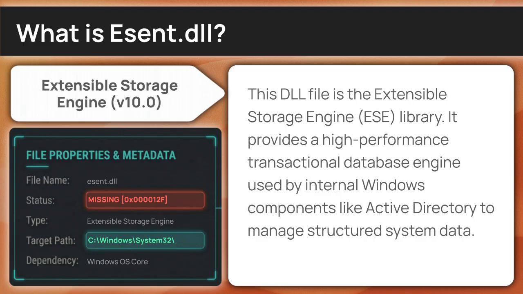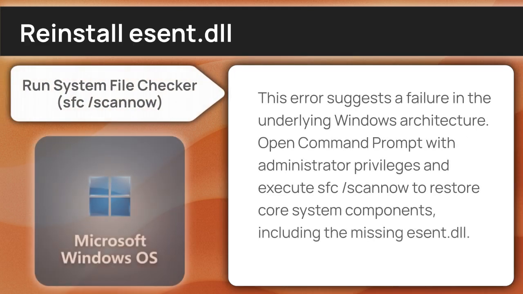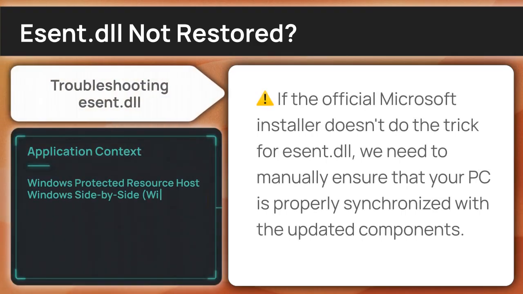With the explanation out of the way, let's refresh the affected files. The Esent library DLL is a system-critical file that Windows manages internally. To repair it, run the sfc /scannow command from an elevated command prompt, which will scan for and replace any corrupted OS-level components. If the redistributable repair didn't resolve the pop-up, the next logical step is to analyze the local